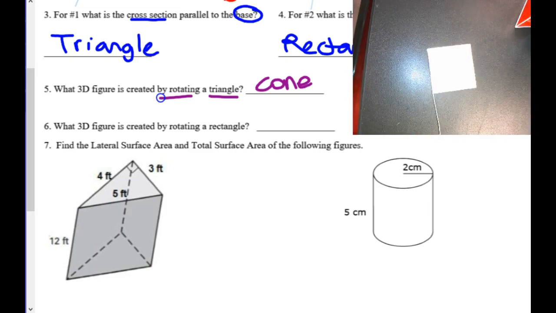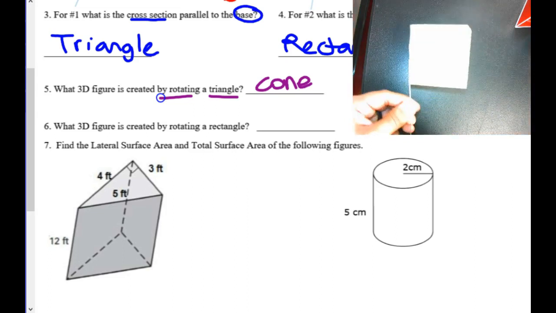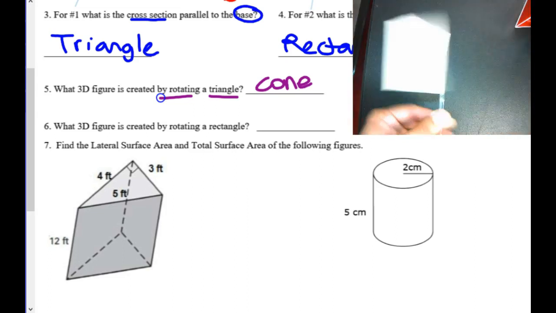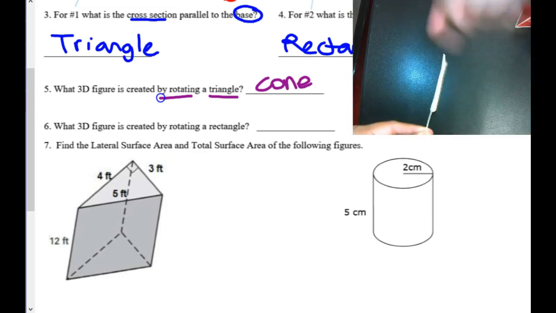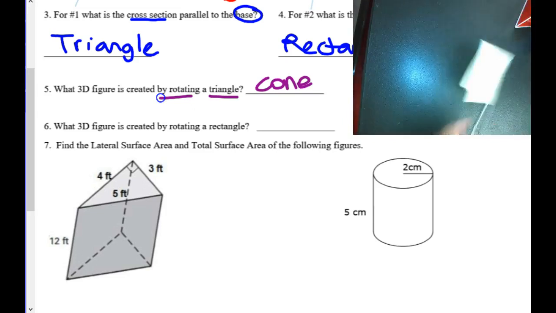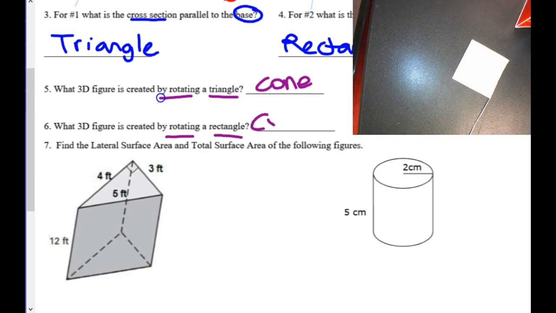Now, number 6 says, what 3D figure is created by rotating a rectangle? So, square is a rectangle. If I take this and I start rotating it super fast, and that's not fast enough, but super, super fast. I get a circle on the top. I get a circle on the bottom. What's that called? A cylinder. Okay, so rotating a rectangle always gives me a cylinder. Okay, so you have to know these truths. Okay, rotating a triangle gives you a cone. Rotating a rectangle gives you a cylinder. Okay, now